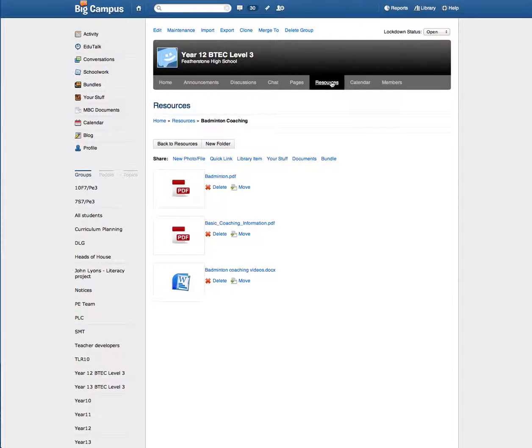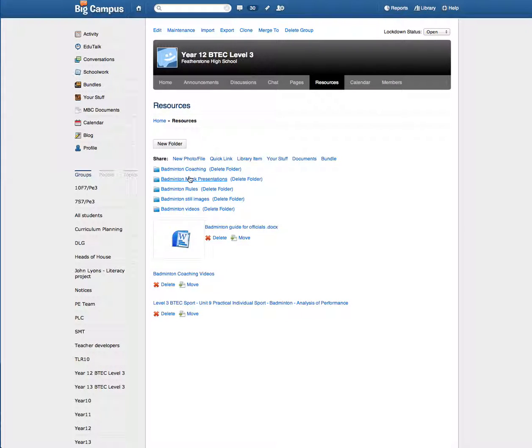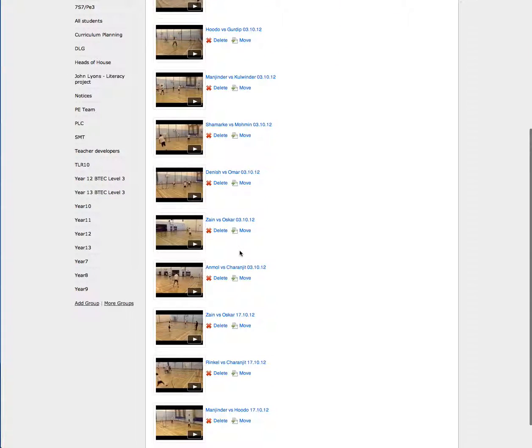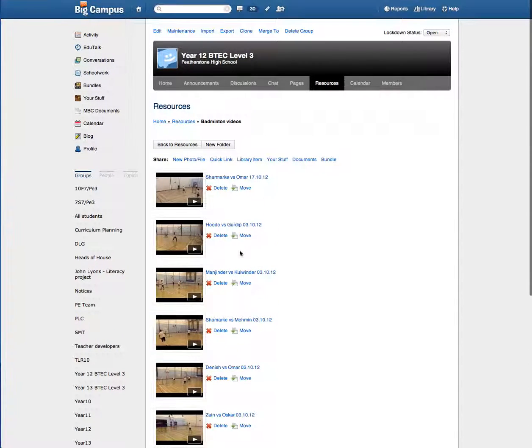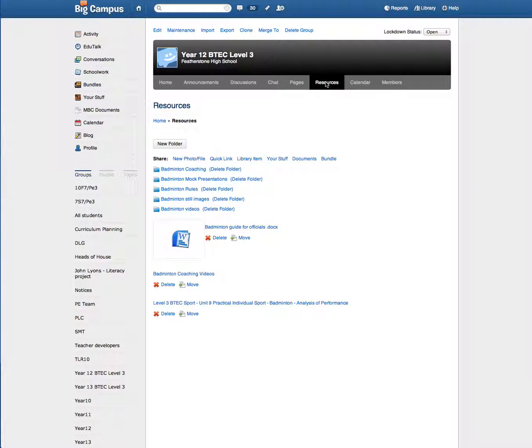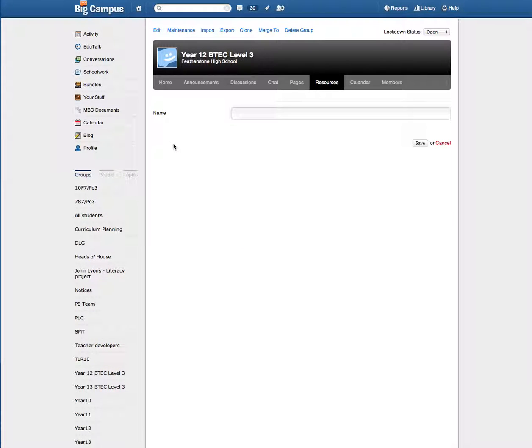and the other type of things that we can add in. And the great thing about the storage on My Big Campus is we can start to add in lots of video footage. So there's lots and lots of video footage taken from lessons that students can access. In resources, just as we've done before, I can create a new folder. This does use a folder system. So I'm going to create a folder called Diet and Exercise,